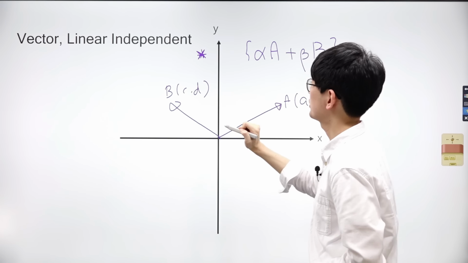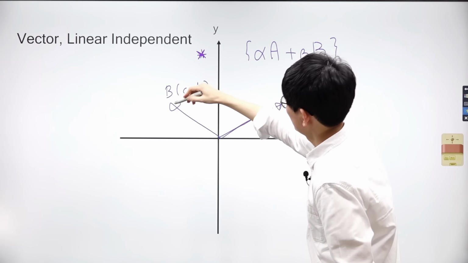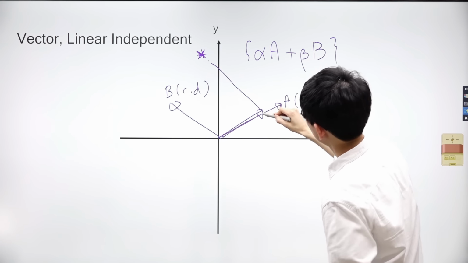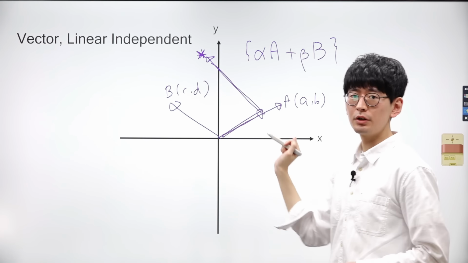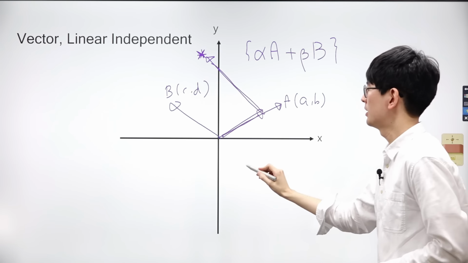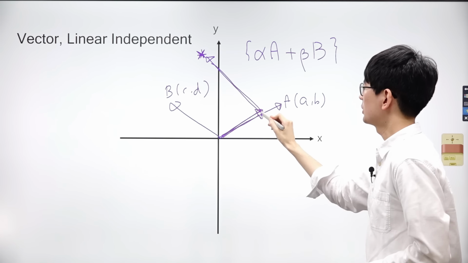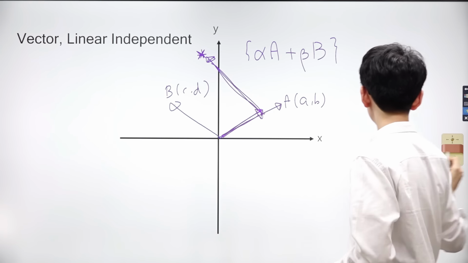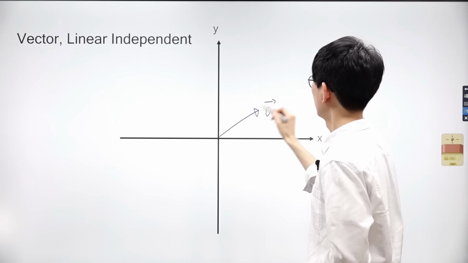Let's test if we can reach this point over here using vectors A and B. First, we move along the direction of vector A by a certain distance. Then we can reach our destination by drawing a straight line starting from this point parallel to vector B. Vector addition is simply drawing a line in the direction of the first vector by a certain amount, and then drawing a connecting line in the direction of the other vector.